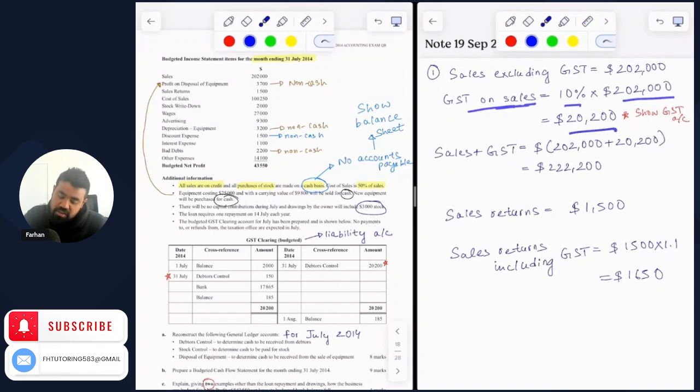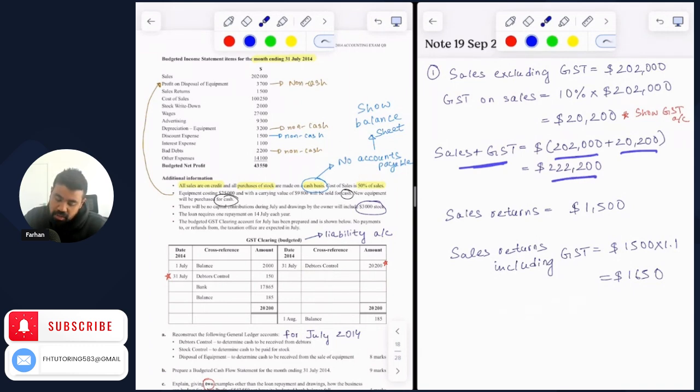Now, if you check the GST clearing account, which is a liability account, on the credit side of the ledger account, you will see that for the month ending 31 July 2014, we have made credit sales and we expect to collect GST on this credit sales of $20,200 from our debtors, who are now what we call accounts receivable. So the sales, including GST, will be $202,000 being the original amount, plus the GST of $20,200, which altogether gives us